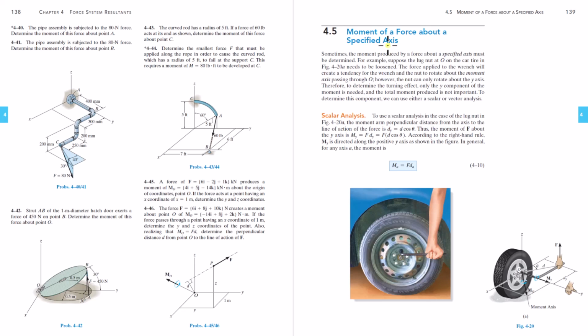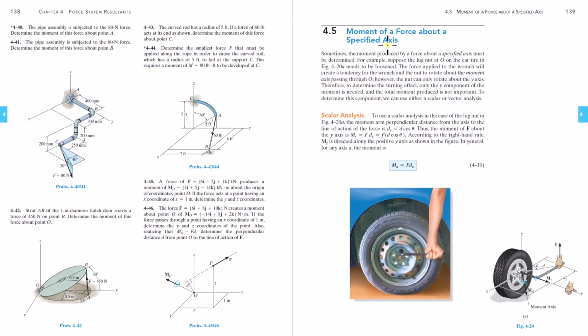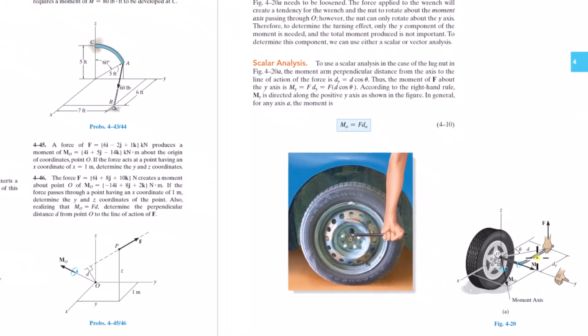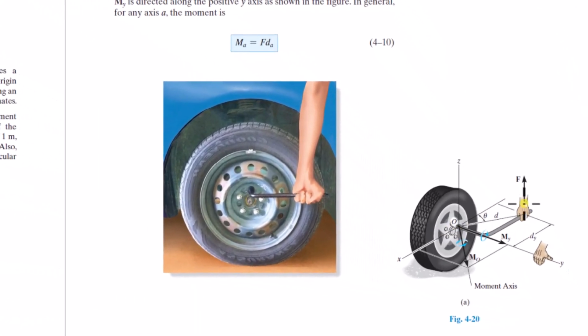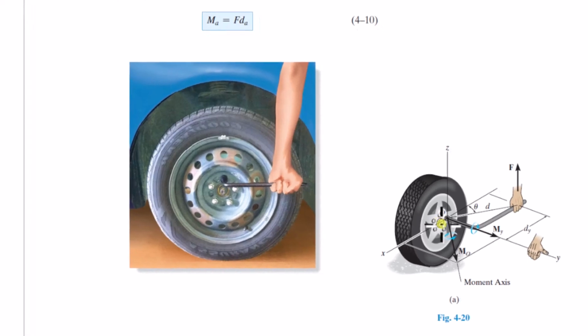Okay, so the moment of a force about a specified axis. Instead of a point, you might want the moment of a force about a certain axis, right? So they show this here. You can say, what's the moment of this force about point O? Okay, but that's going to give you this moment vector here. But all you care about is the resulting moment of this force about this axis. And if you can do this with vectors, we'll talk about that in a second,